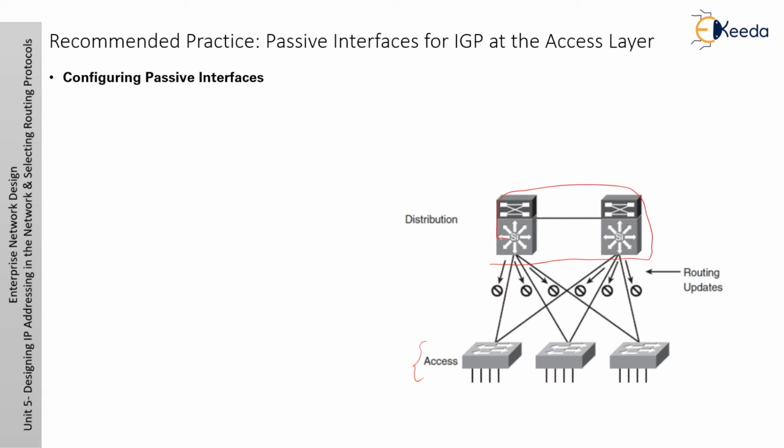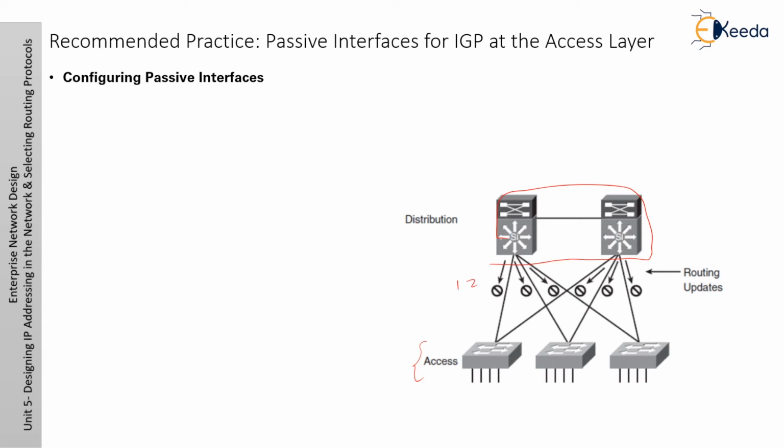And here in this figure, the distribution multi-layer switches are directly connected to each other and are also interconnected with three access layer switches, each having four virtual LANs by default. Okay. The distribution layer devices send routing updates and attempt to peer with the remote distribution layer devices across the link from the access switches on every virtual LAN. Having the distribution switches form neighbor relationships over these 12 access layer connections